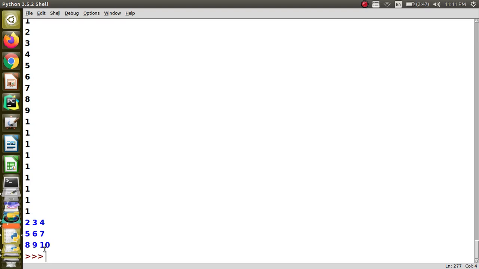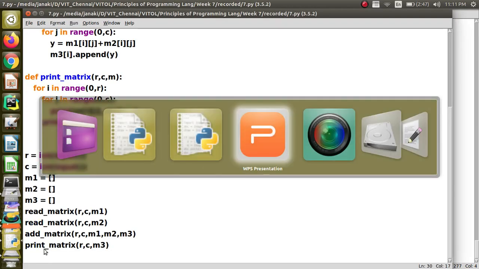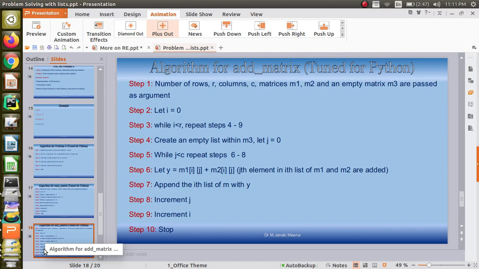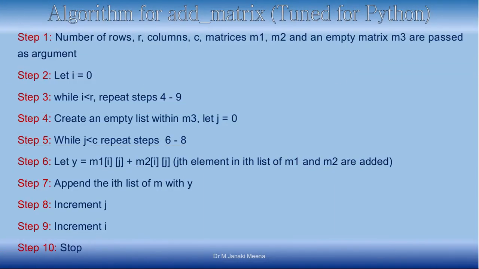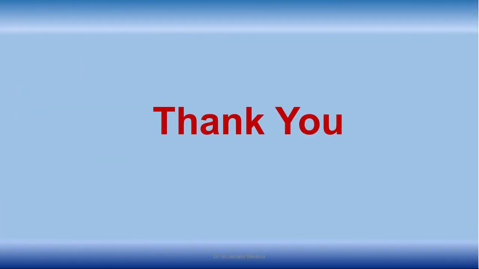Okay, so this is about representing a matrix in Python. A matrix in Python is going to be a list of lists. So you have to work further. Practice is the best way to learn things. Practice will give you more knowledge and more skill also.